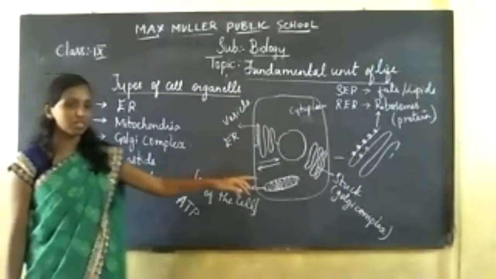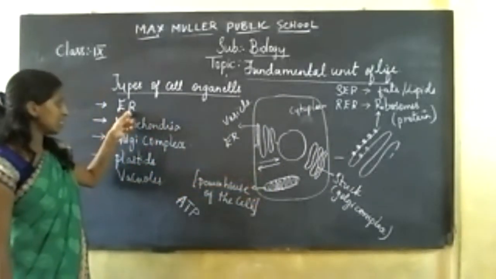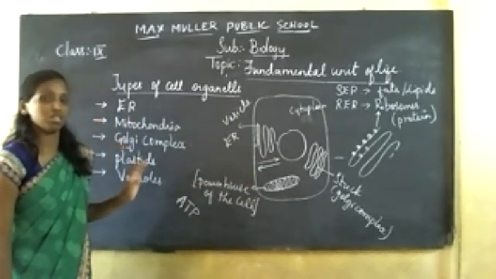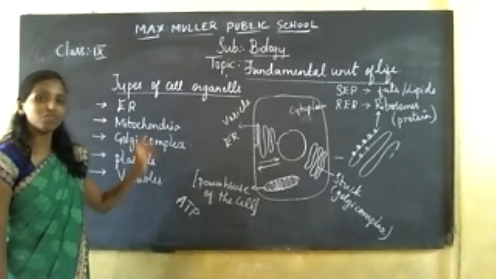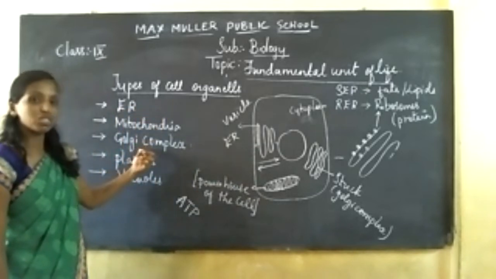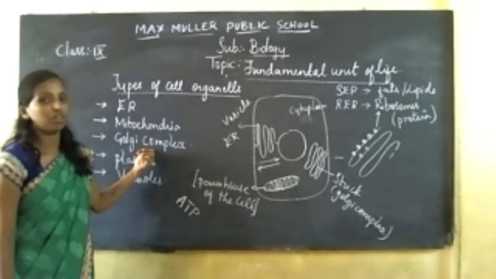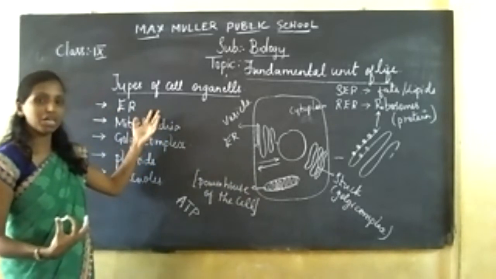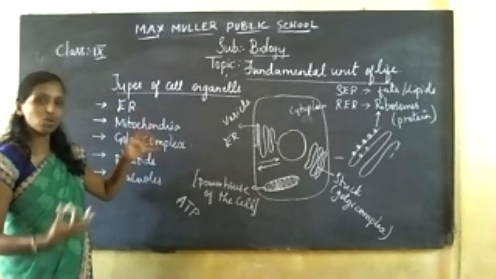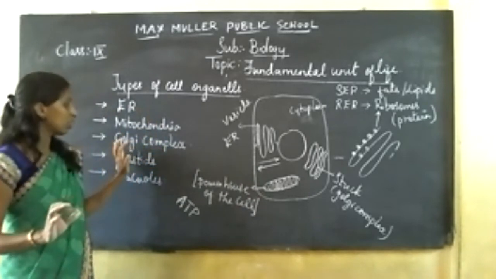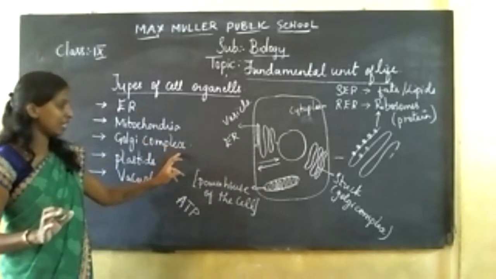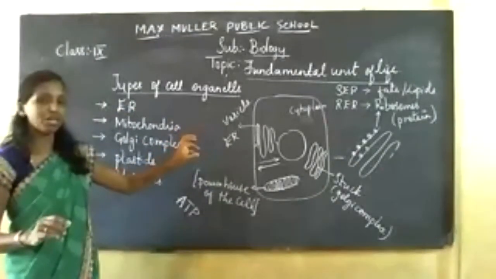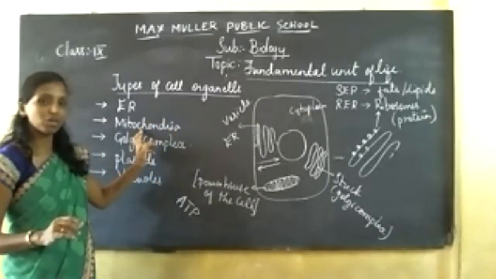Okay, and what is the work of this Golgi complex? As I told you, once ER synthesizes the protein molecules, the storage and modification of that protein takes place in your Golgi complex itself. So whatever required quantity of the protein is there will be stored, just like a storeroom, it is going to work. That is because of your Golgi complex. Later, it is transferred to your mitochondria, and whenever the cell organelles require any sort of energy, that is going to be supplied by your mitochondria.